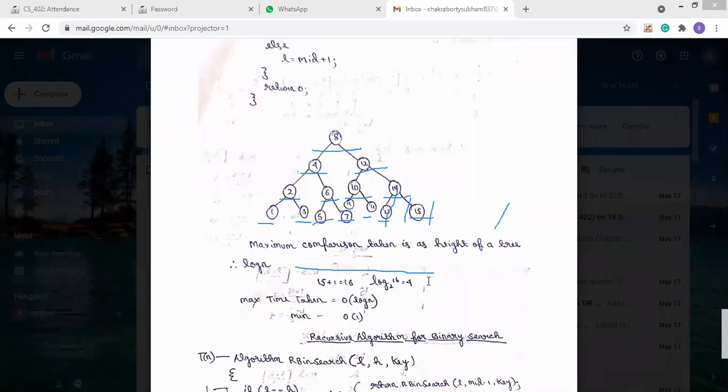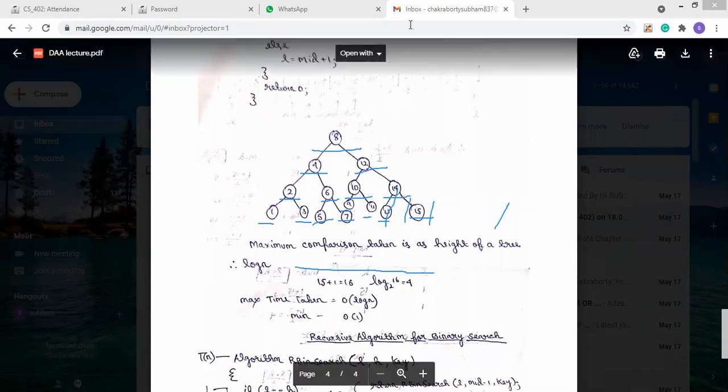So if you see the maximum comparison, we can know that the height of the tree is log n. We already know that the height of the algorithm is the height of the tree. So what will be the maximum time taken?